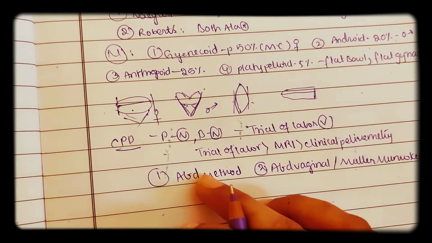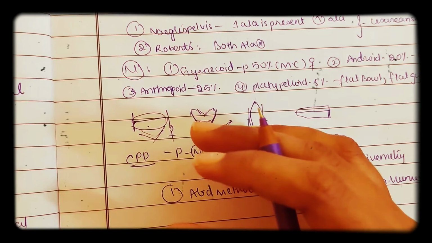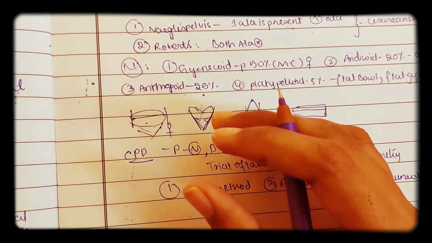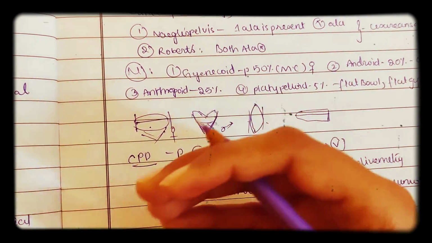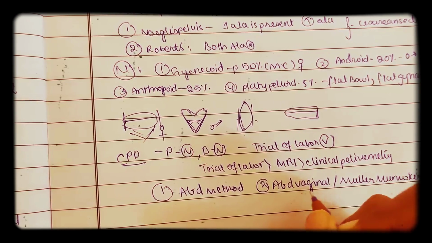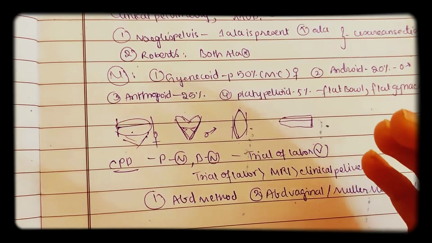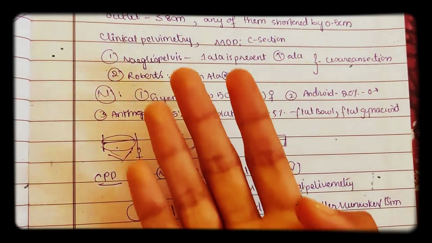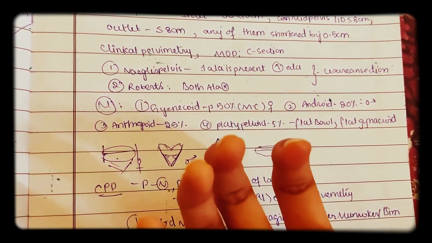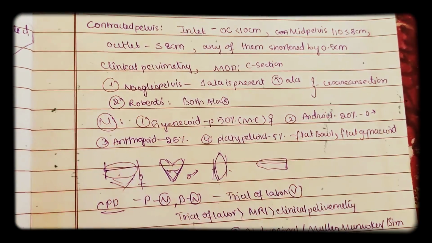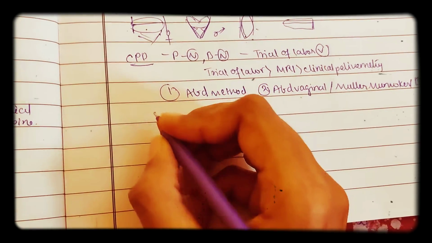Actually, what we do in this abdominal method is we put our right hand near the pubic symphysis, and with the left hand we try to push the head of the baby downward. Okay, and in the abdominal vaginal method, we bimanually take both hands and try to pull the head downwards. For example, you put one hand to pull the head from inside vaginally, and another hand you put on top and push the head of the baby. So let us see the